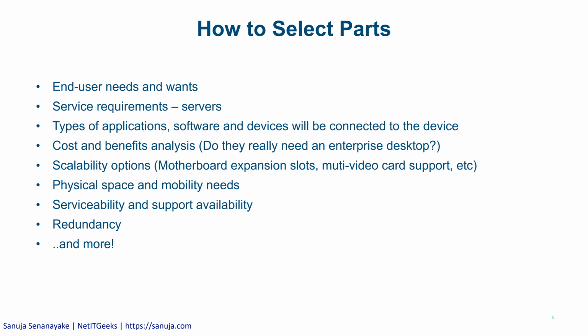In addition to that, with specifically servers and business equipment, even business desktop computers, you also need to look into service support. That is called serviceability and support availability right here. It's a little bit down on the list. In certain situations, it may be beneficial for you to directly order parts from organizations such as Dell, IBM, HP, etc. Their business side of things, because it comes with long-term serviceability agreements or long-term service agreements and support